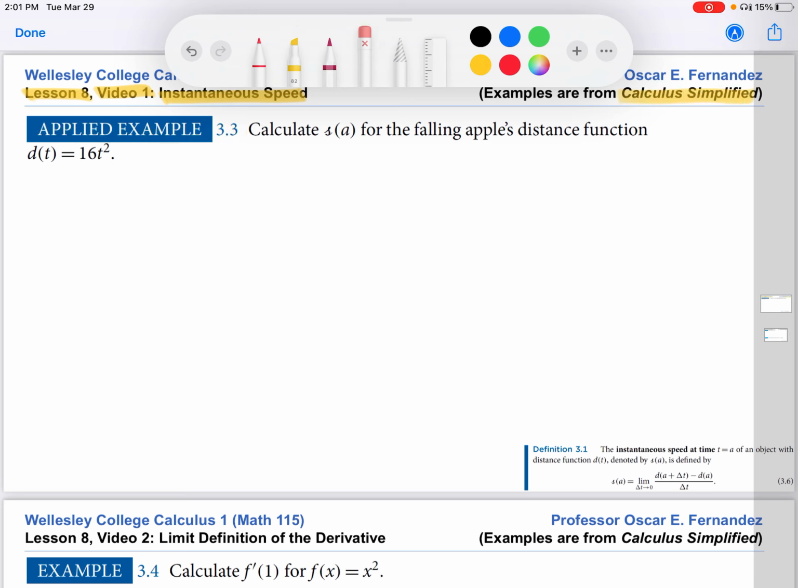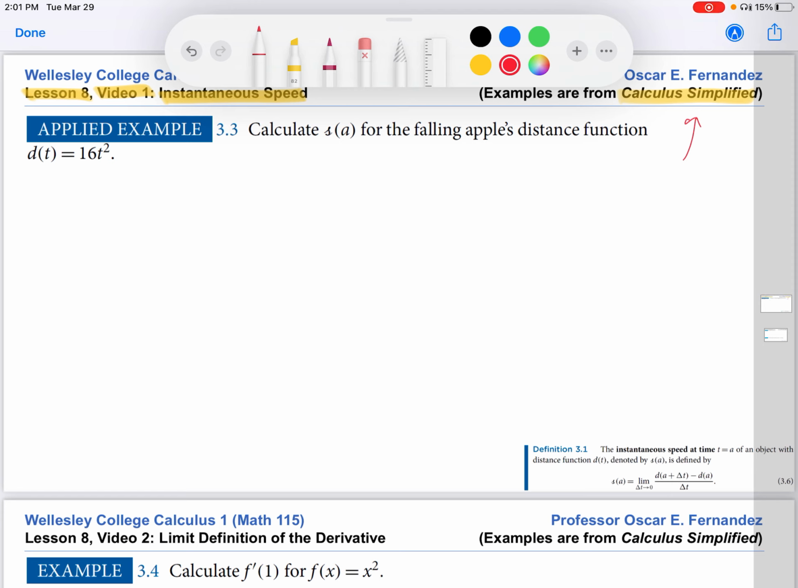So instantaneous speed, like we talked about in the text, is a pretty neat concept. If you have an object that is in motion, you can imagine freezing time and taking a snapshot. So you might have a photograph of a basketball, let's say, that's in the air, or a tennis ball. And you might freeze time and wonder, what is the speed at that instant? How fast was it moving at that instant? That's instantaneous speed. For all the reasons that we talked about in Calculus Simplified at the beginning of Chapter 3,